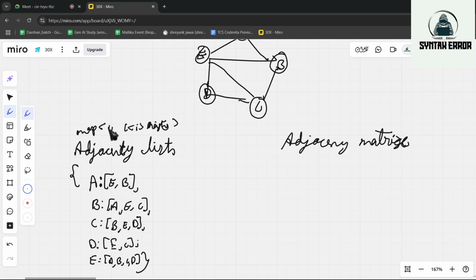So this is a representation of this particular graph in adjacency list manner.